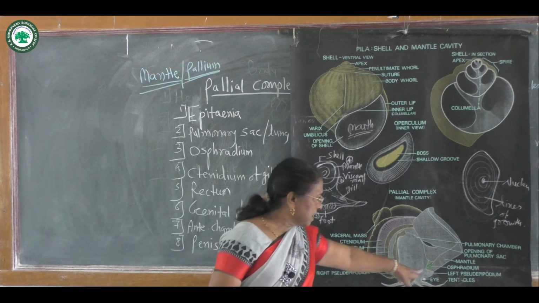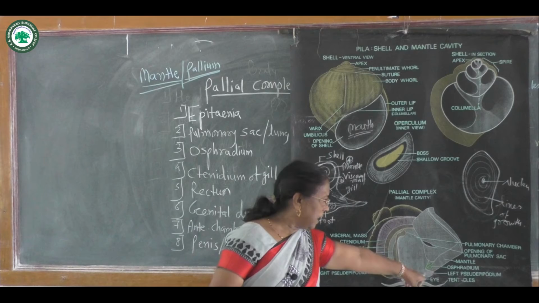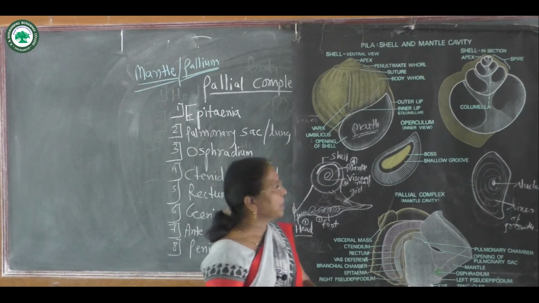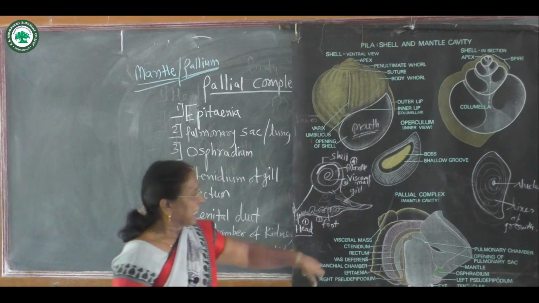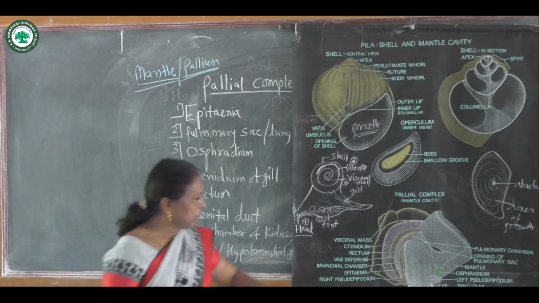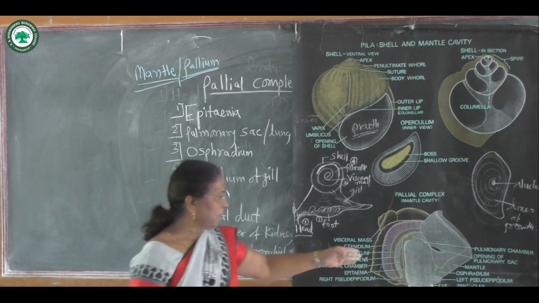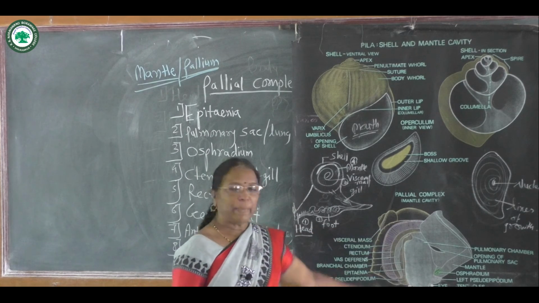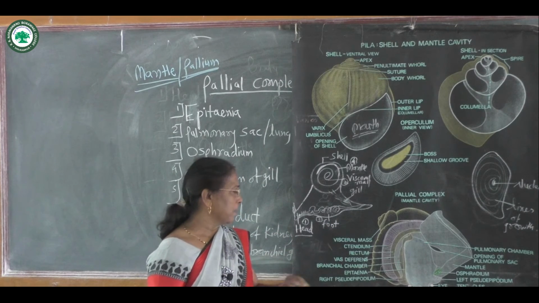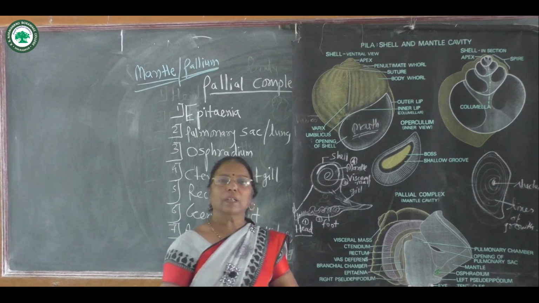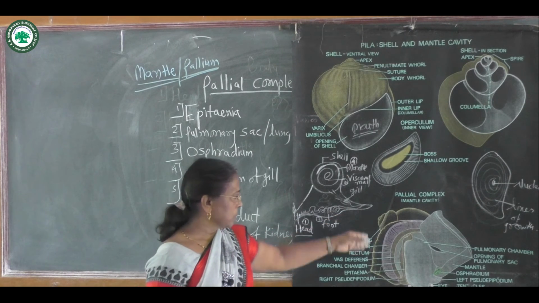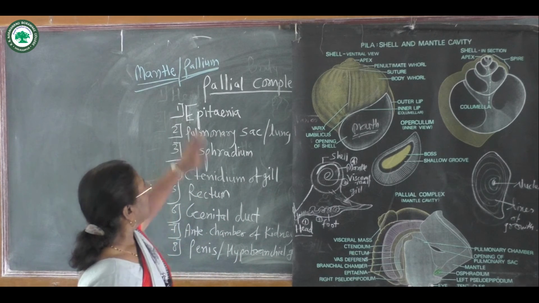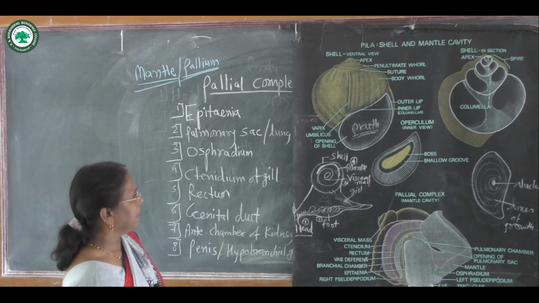The two siphons: left pseudopodium or left nuchal lobe, which is larger, is helpful for entry of water and fresh air drawn through this. Right pseudopodium or right nuchal lobe, which is small, is helpful for outgoing of excess water. Then the gametes from the genital products and waste material from the rectum are discarded or go outside through the outgoing water current. Then we will see the pallial complex or the mantle cavity.